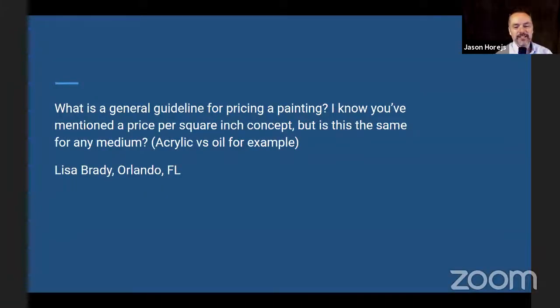Next question from Lisa. We're going to keep rolling here. If there's a little time at the end, I'll let you all hop in with comments and we can discuss a little further. But Lisa asked, what's the general guideline for pricing a painting? I know you've mentioned the price per square inch concept, but is this the same for any medium, acrylic versus oil, for example? So boy, here is one that not only could we talk about for an entire session, but we